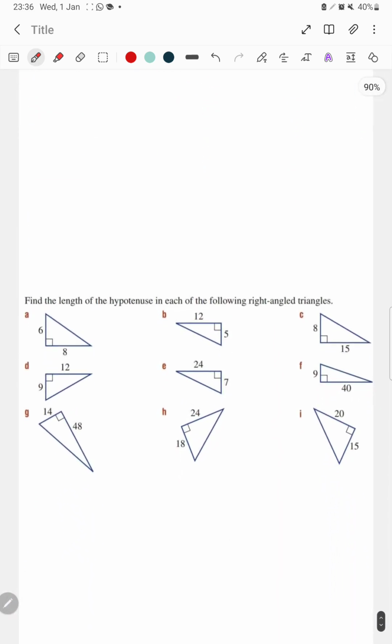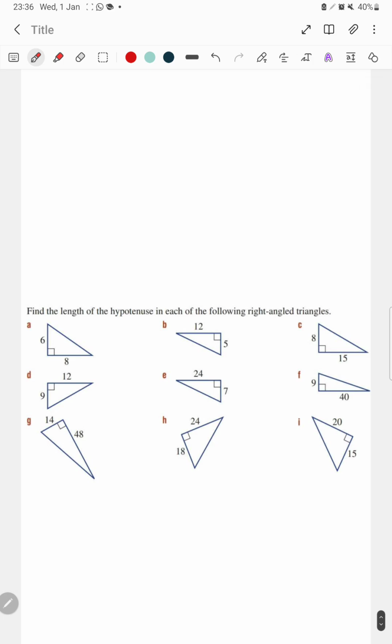Next, in these examples, we have to find the length of the hypotenuse. There is a 90 degree angle given in the first question. The side opposite to it, we don't know. So if you want, you can assume it as x. And as per Pythagoras theorem, the hypotenuse square is equal to the sum of the squares of the two other sides. So it is 6 squared plus 8 squared, that means it is 36 plus 64. So this is x squared,